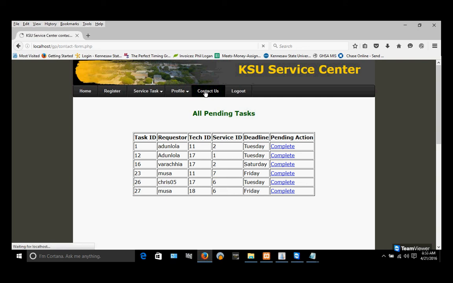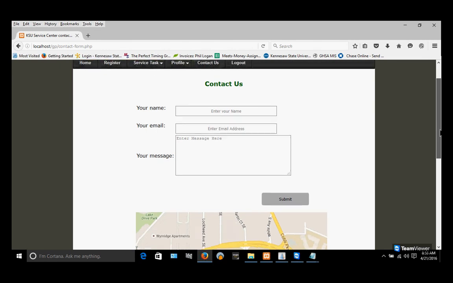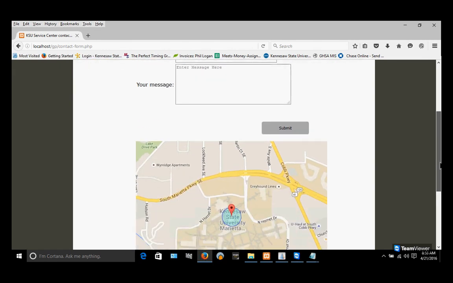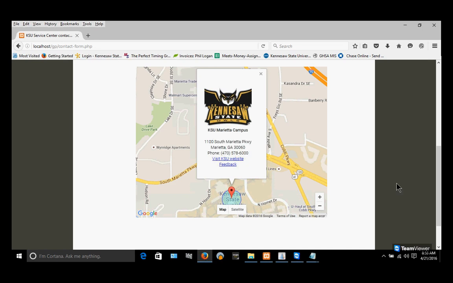Now we will visit our Contact Us page. Here you will find where you can submit your name, email address, and a message. And it will go to our KSU Service Center. And this is our location at the KSU Marietta campus. And it gives you our address, 1100 South Marietta Parkway, Marietta, Georgia, 30066, as well as our phone number, 470-578-6000. You could also click on the Visit KSU website,